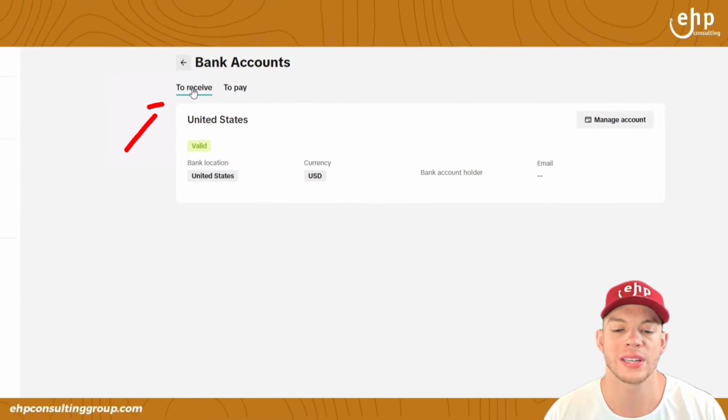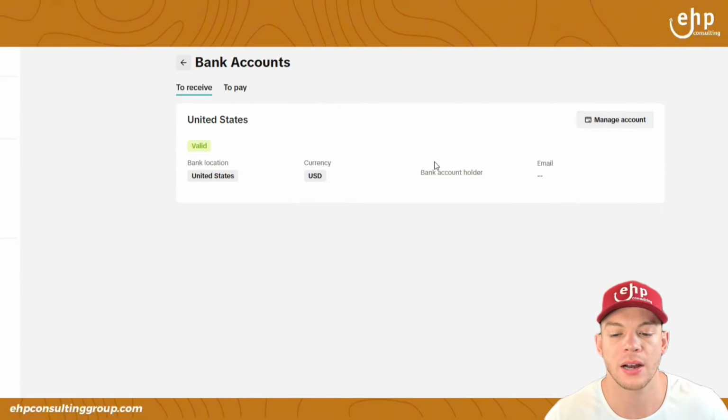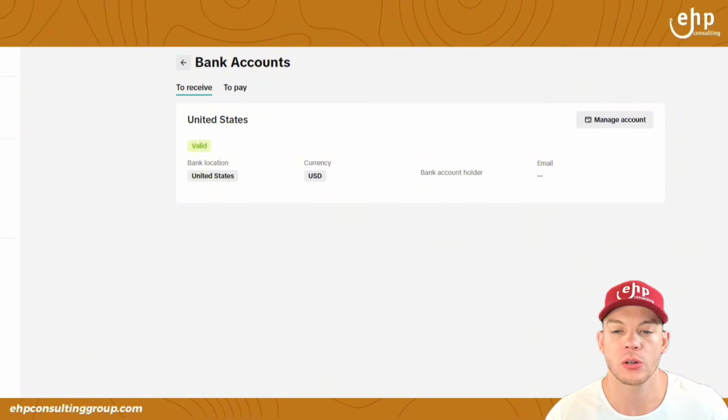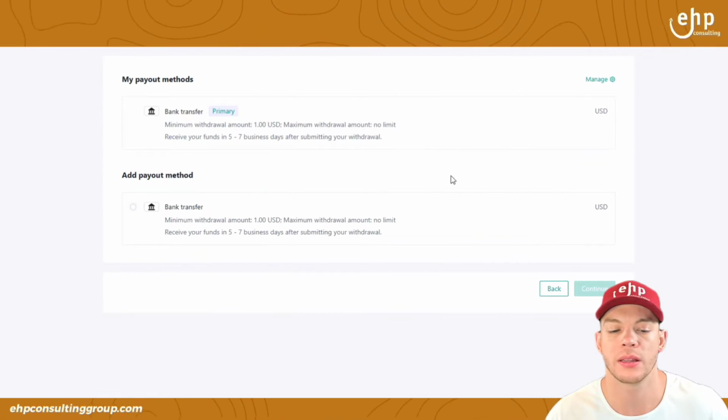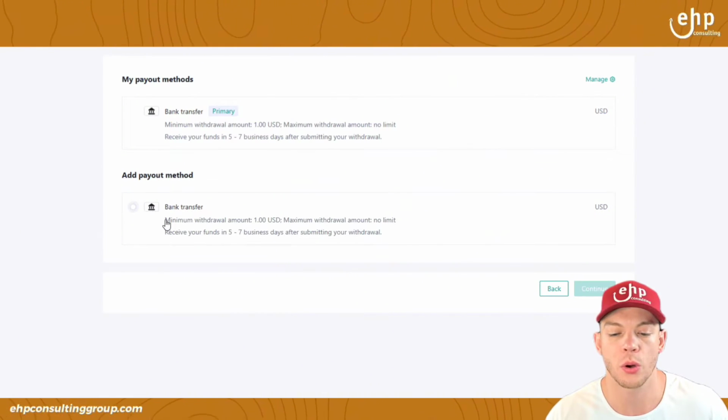You're going to click on To Receive and click Manage Account, or if there's no account attached, you should see a button where you can add your bank account. Now once you go to the Manage Account tab, it's going to look something like this, and you're going to click Add Payment Method. You're going to do bank transfer, and then you're going to go through those steps to